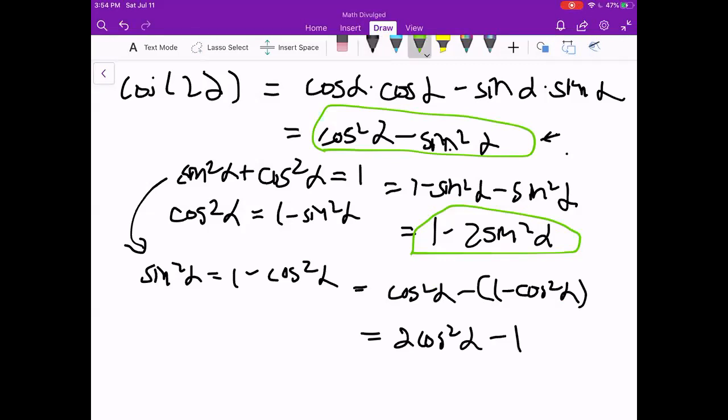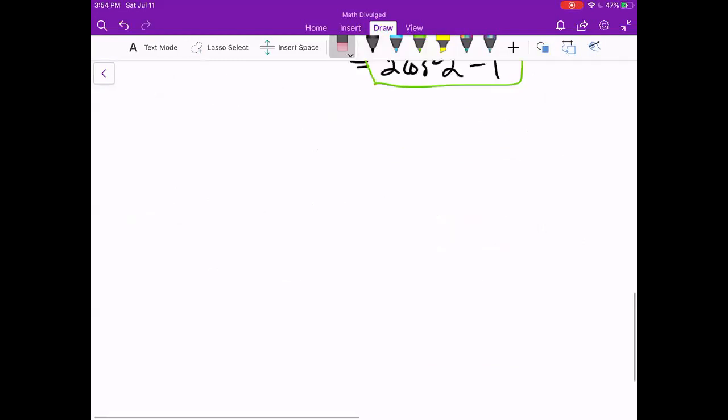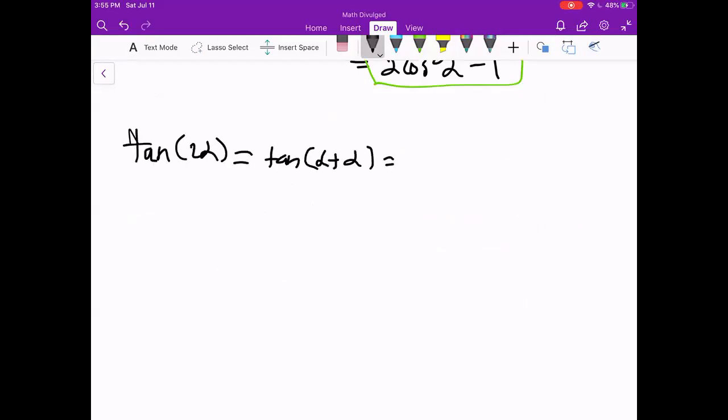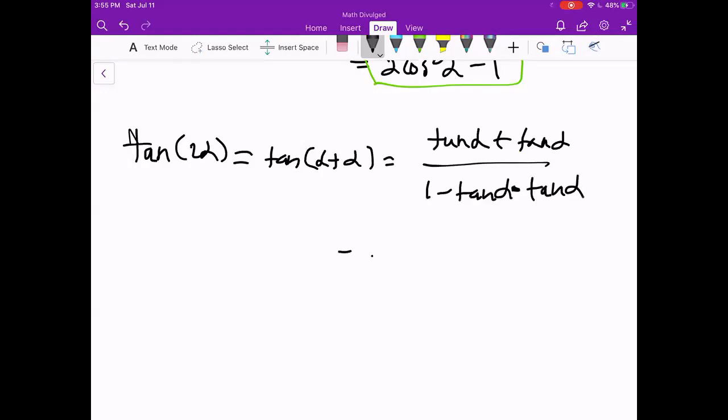Now finally we'll talk about tangent of 2 alpha. Tangent of 2 alpha is just tangent alpha plus alpha, which if we plug into our formula from before, is equal to tangent alpha plus tangent alpha over 1 minus tangent alpha times tangent alpha. So this is 2 tangent alpha